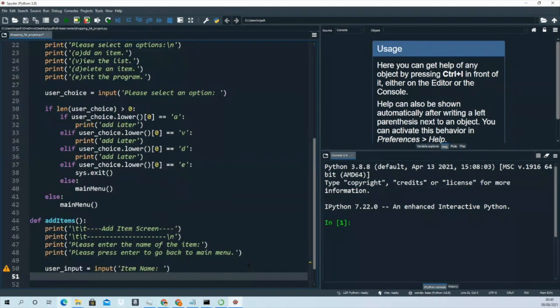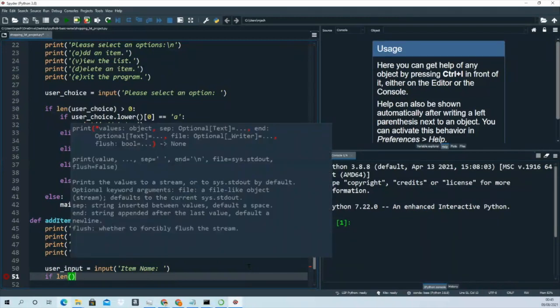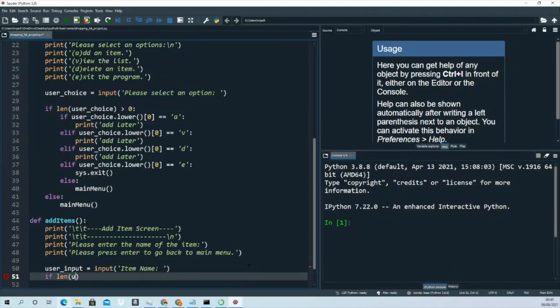So if the length of the user input is greater than 0,